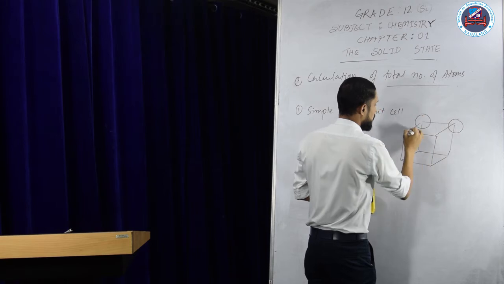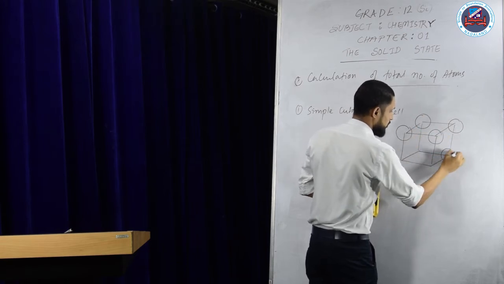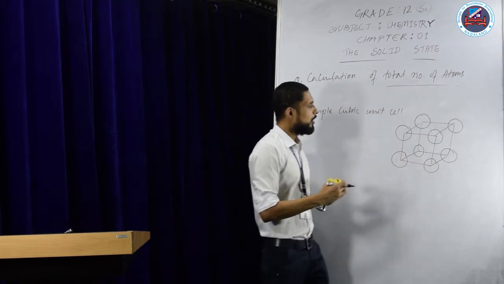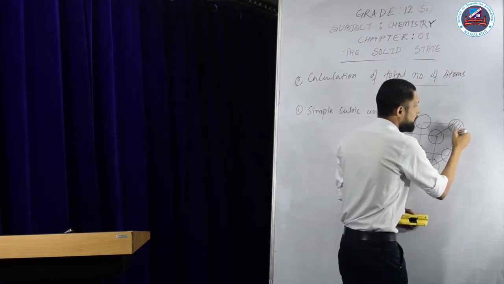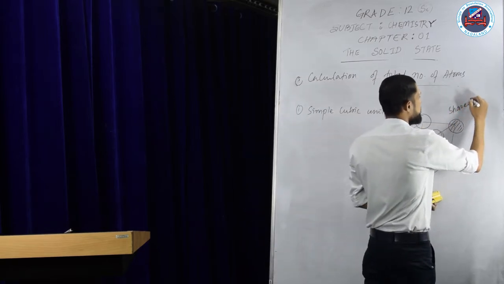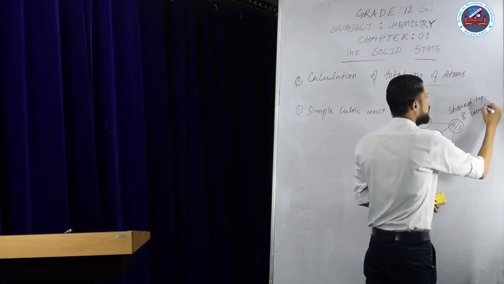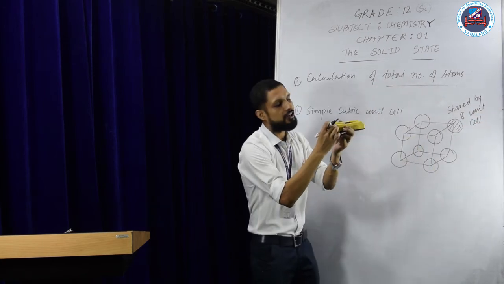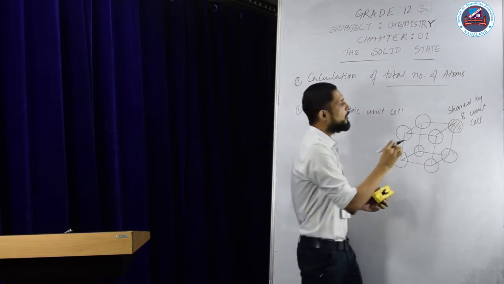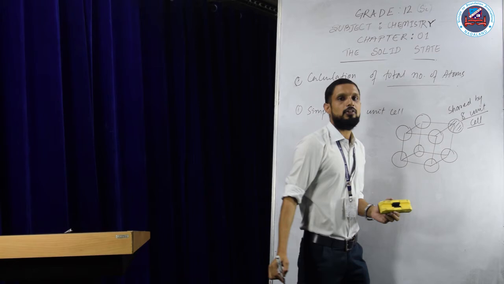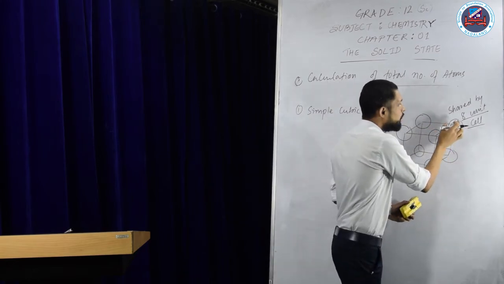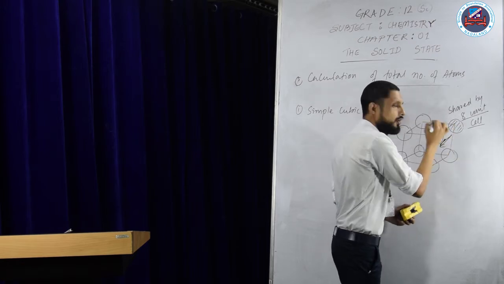Since it's a simple cubic unit cell, the atoms are present only at the corners of the cube. Now, each corner atom is shared by 8 unit cells. That means if you place an atom at the corner, this particular atom will be shared by 8 unit cells. So if it is shared by 8 unit cells, the contribution of the atom to this unit cell is 1